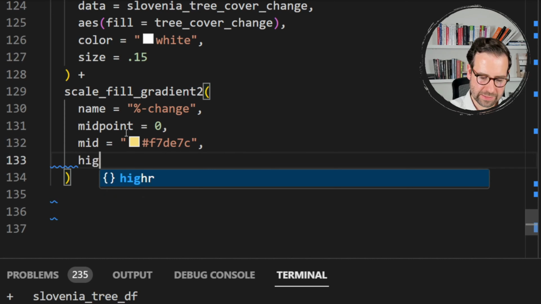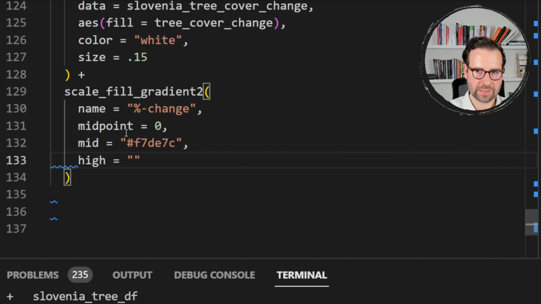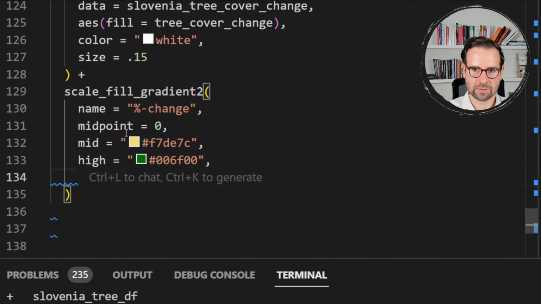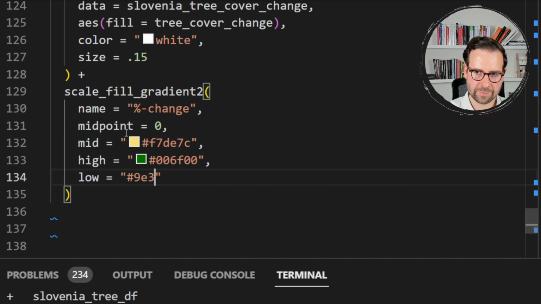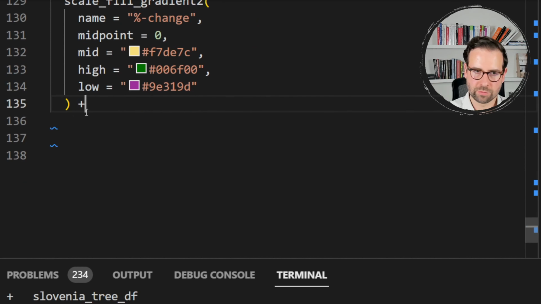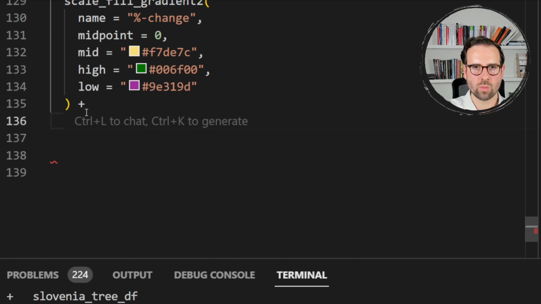For the high point, as we said, we want some kind of a green color. So again, I have it predefined: 006F00. And then finally, the low points are the negative values. As we said, it's going to be pink, 9E319D. Okay, so once we define these things, what we can do next is we can shape the way our legend